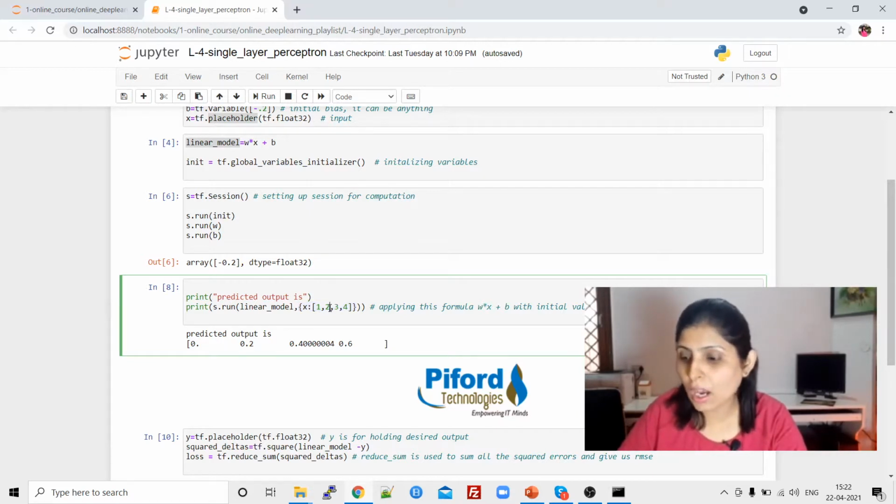And this is the output we get. We have four values in X, so we get four values as output, one output value for one input value. These are the four predicted Y values which are predicted by our perceptron, right?